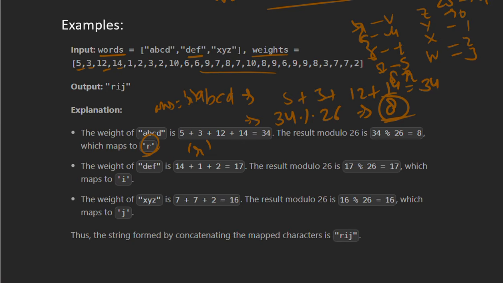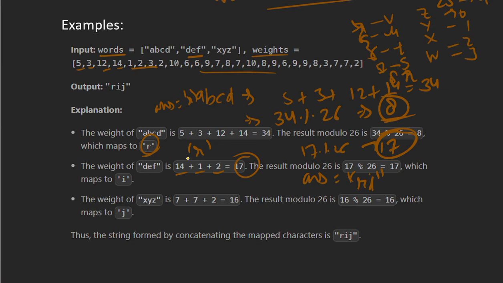Then the next word we have is def. Their sum is 4 plus 5 plus 6 plus... that is 17. Then 17 modulo 26 will be 17 only. When we map this 17, we get i. So now our answer string has become ri.